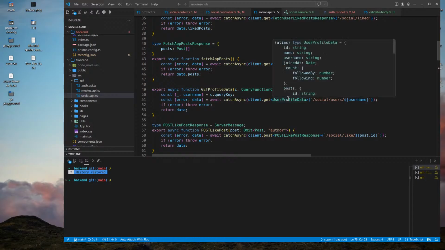Okay, user profile data. It's called user profile data object. It's called user profile data.